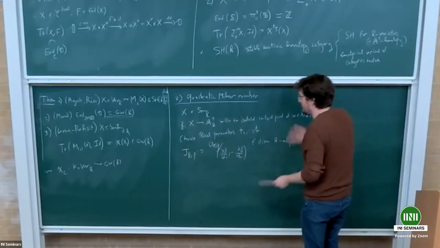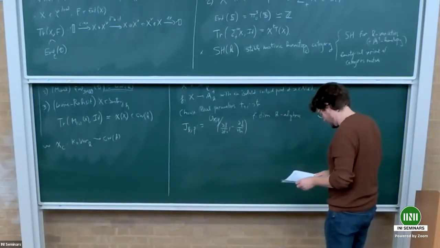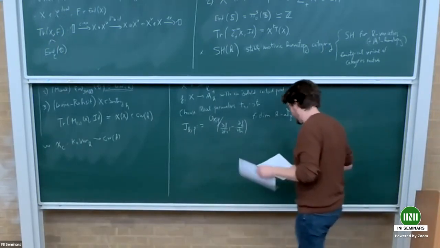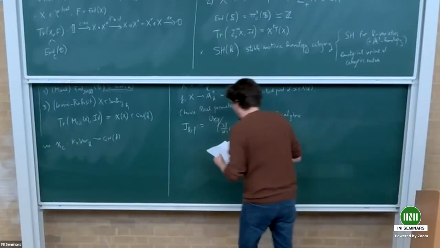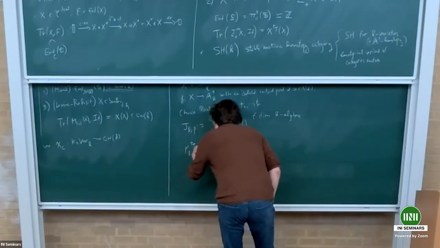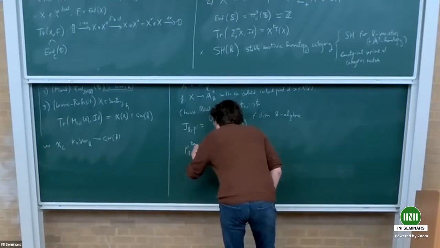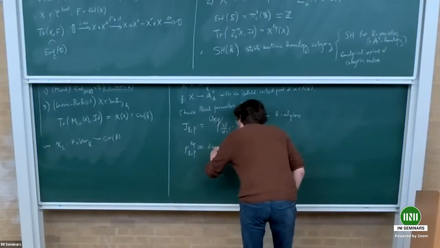And I claim that it carries a natural quadratic form. First of all, why is this interesting? Classically, one reason is its dimension. Let's define this to be the dimension of this. So this is the Milnor number,